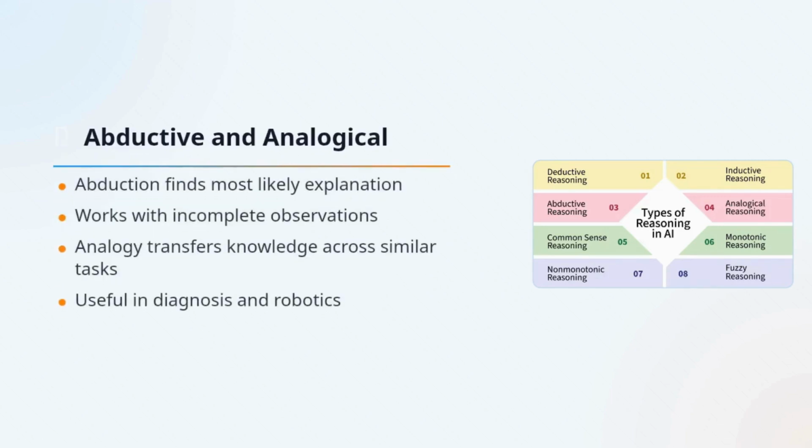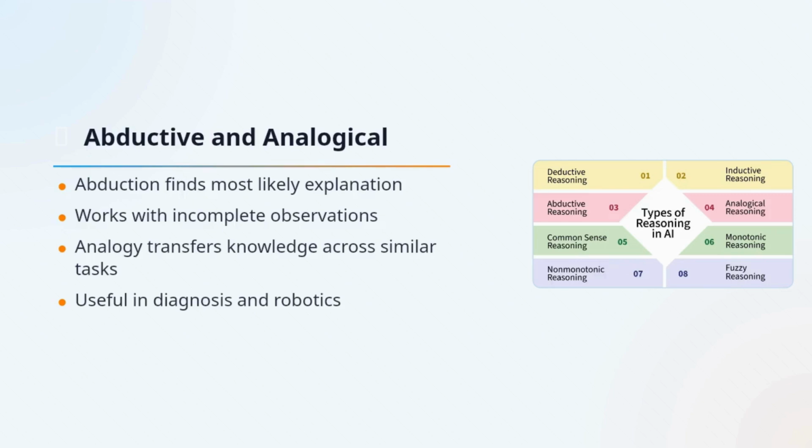Abductive reasoning is about choosing the most likely explanation when the information is incomplete. For example, if a patient has fever and cough, an AI system may suggest flu as the most likely cause, even though other causes are possible. Analogical reasoning, on the other hand, solves a new problem by comparing it with a similar known one. So that covers the first set of reasoning styles, where AI either follows rules, learns patterns, or makes informed guesses